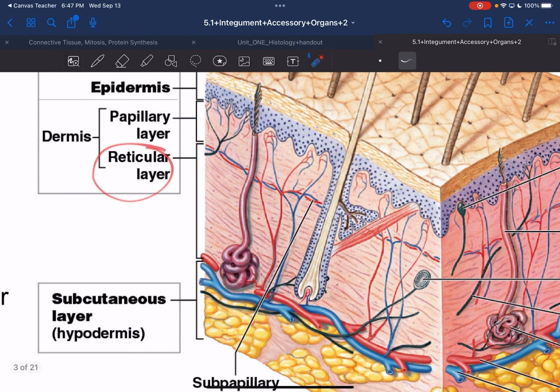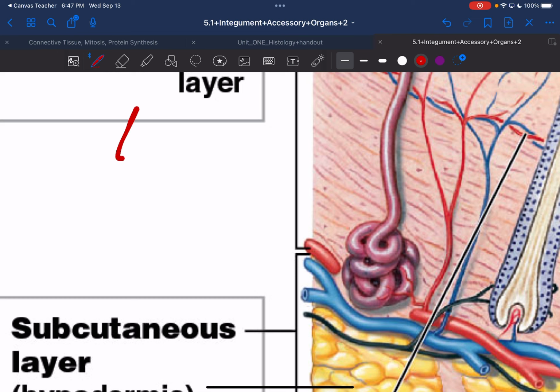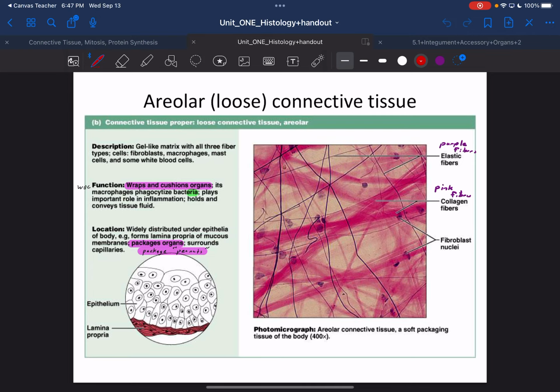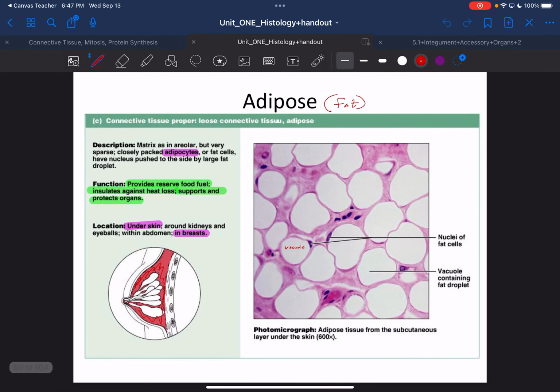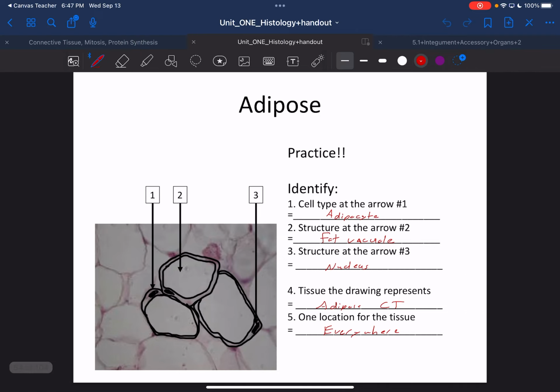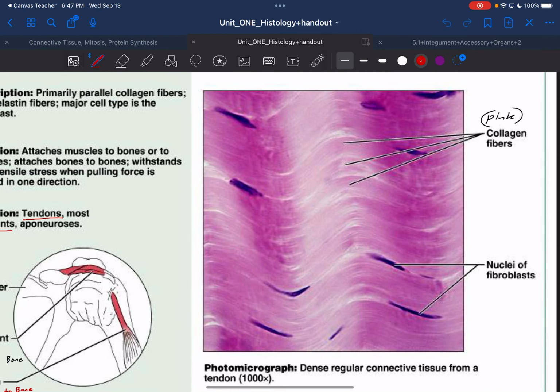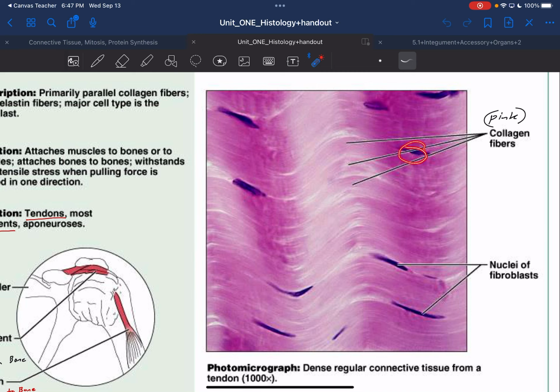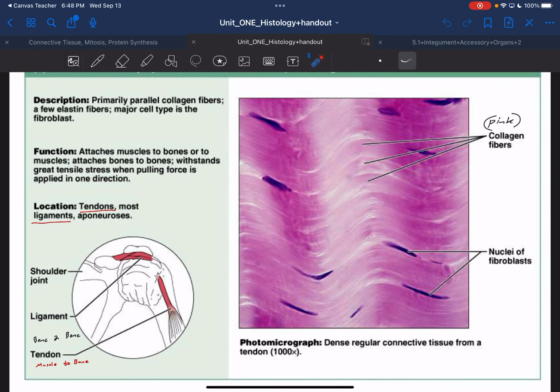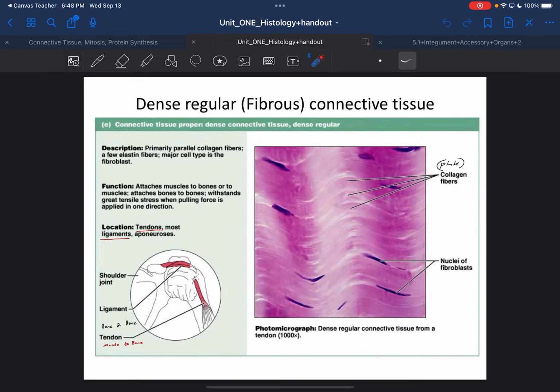But the reticular layer overall is made out of something that we already explored on Monday called dense irregular connective tissue. And just to have a complete little review here, as we explore a picture of dense regular, this is the picture I think all notes typically use, looks like this. And then you will see you have your fibroblasts, and they are using collagen in a different manner than areolar, in that their job is to be a lot firmer. So this was dense regular, pardon. And so when we go to irregular,